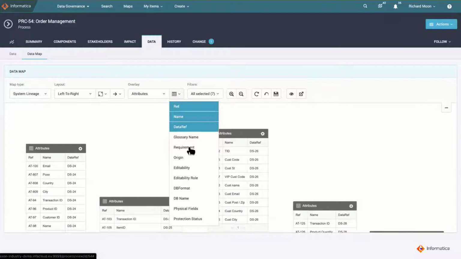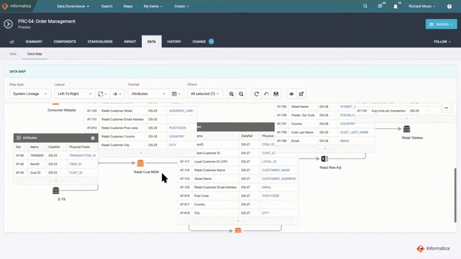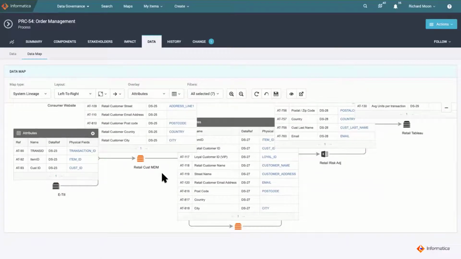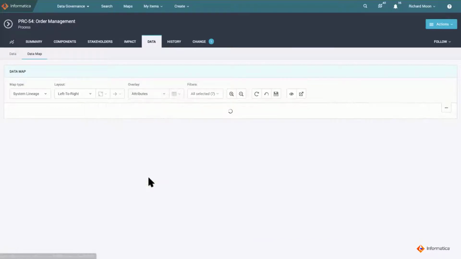And I can also add the physical field next to the attribute and see what is actually moving. As I can see, some of the details like customer name, email address are also going to the third party system, right? I'm going to now look at the data privacy overlay and see how the data is